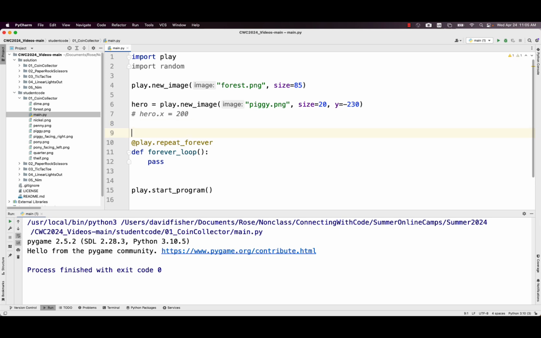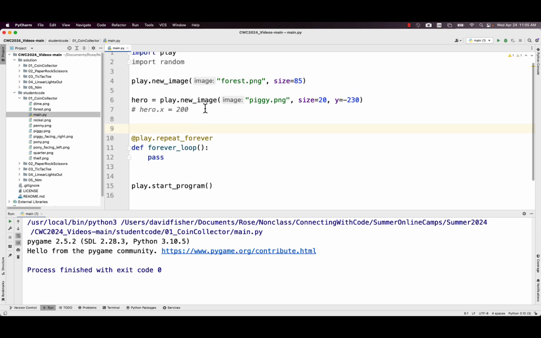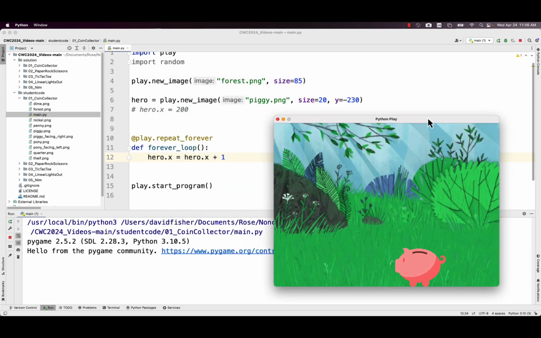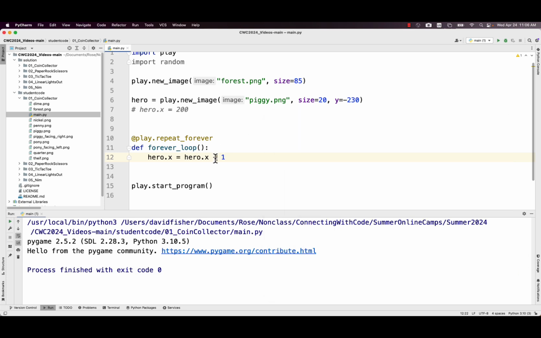All right. So let's do something in this loop forever area. What I want to do in this loop forever area is move the hero. Just to share, if I said hero, make your x whatever it was before +1, I'm just curious if that would do anything fun. Yeah, so what he's doing right now is he's moonwalking. Oh yeah. And so you can see that this loops forever, and he's just going to keep on going, by the way. If I did -1, he'd go the other way.